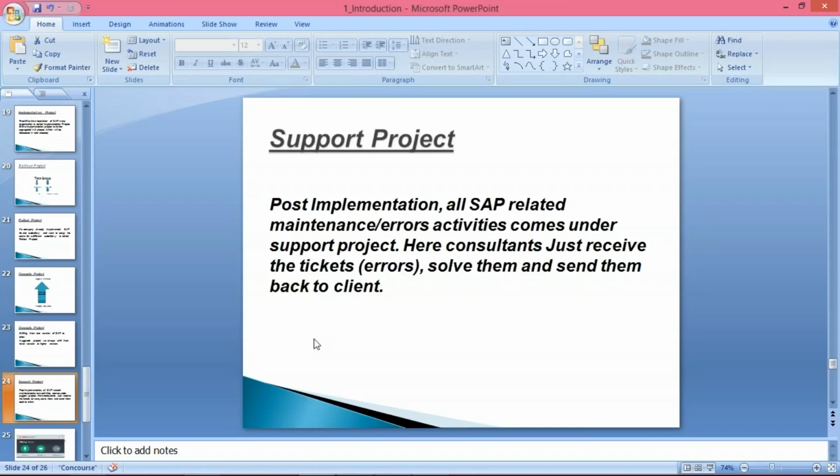Tata Motor once again is going to approach IT companies and they will say, okay, implementation is done, you have installed this SAP, very nice, our employees are going to work on it. But what if they face any issues, any error, or have some requirements, isn't it? So who is going to meet their requirements, who is going to solve these issues and errors? For that also they require an SAP consultant.